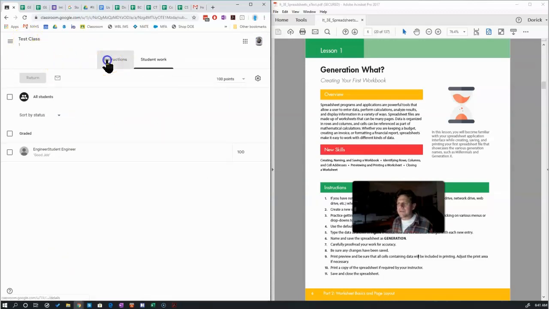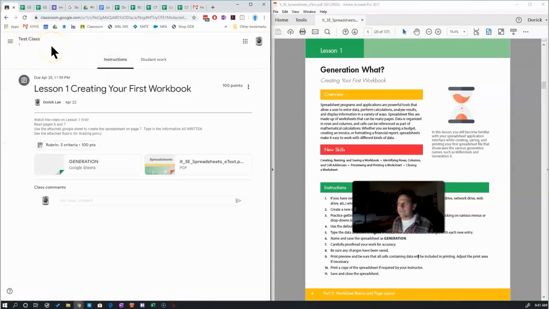Oh, actually, instructions. Actually, it's going to look different for you. Right? And it's giving you instructions on what you need to do. So it says, watch the video first, which is what you're doing. Good for you. Okay. And then read pages 6 through 7. Okay. So